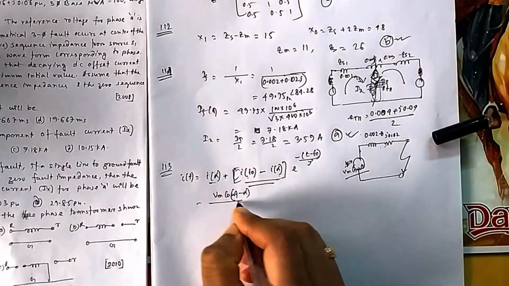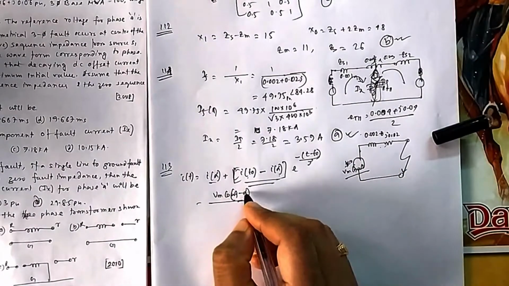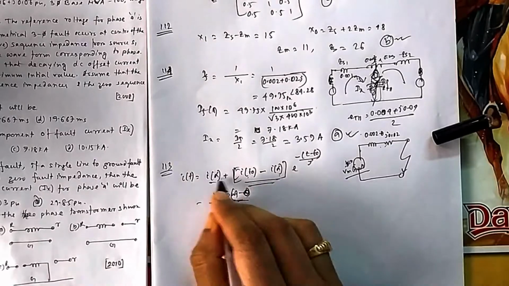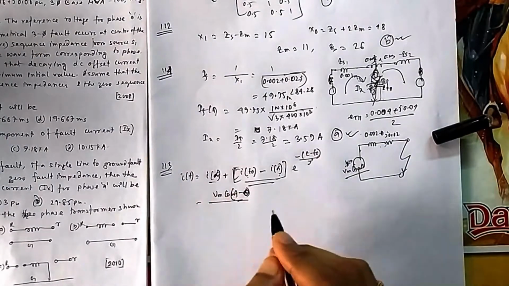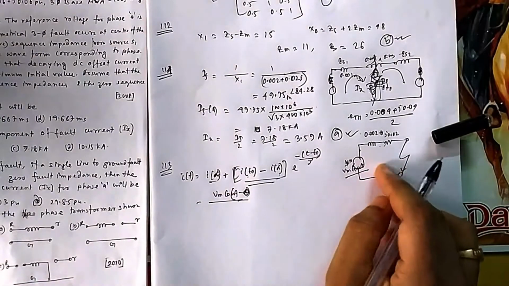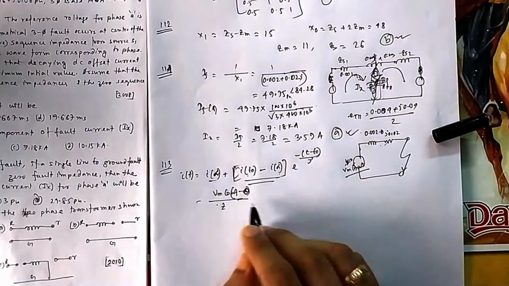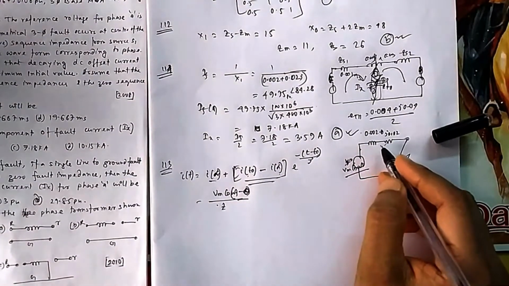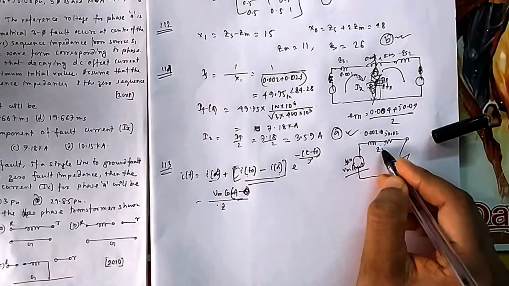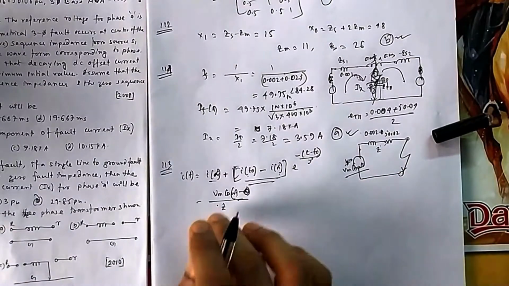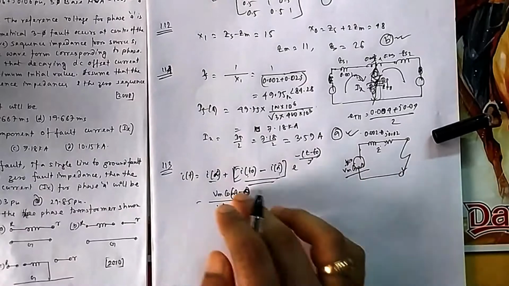Because it is an RL circuit, what will be its current? So Vm cos(omega t minus theta), divided by this Z. This alpha will get confused with this. This is infinite, actually infinity. So omega t minus theta, because the current will lag here, divided by this Z. And what is this theta? Theta is the angle of this one, that Z angle theta will come into the picture. So this is the expression for this final current.